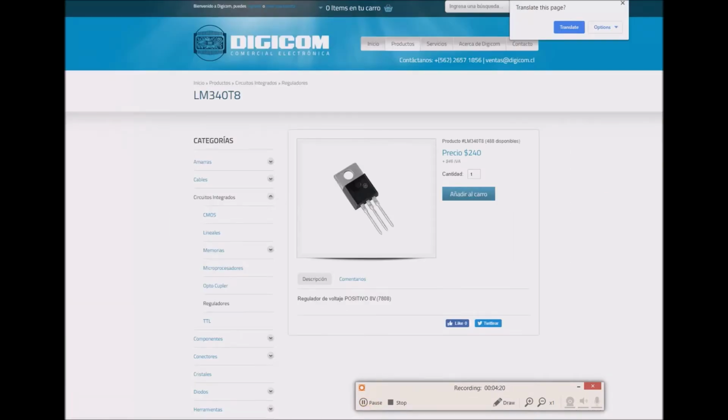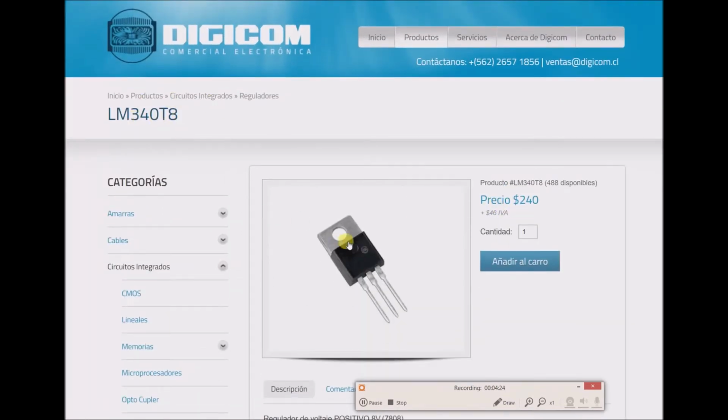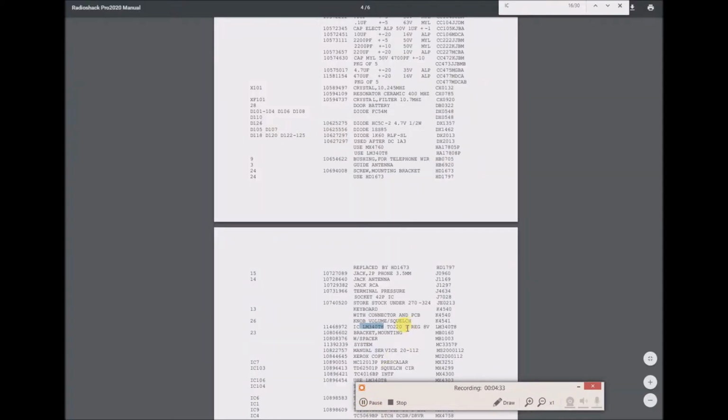Well, kind of as I suspected, I looked up the number, and I guess the 8 probably signifies that it's 8 volts, even though this is in Spanish. Well, the parts list even says that it's an 8 volt regulator. So I guess